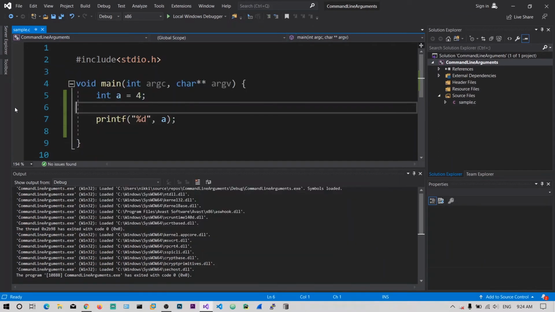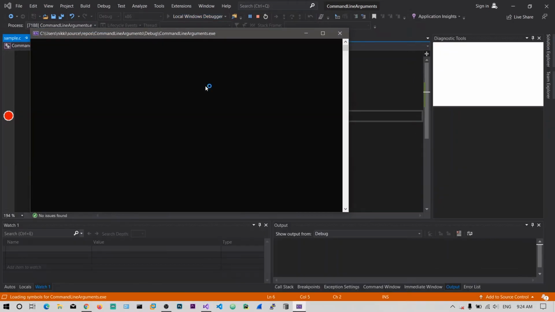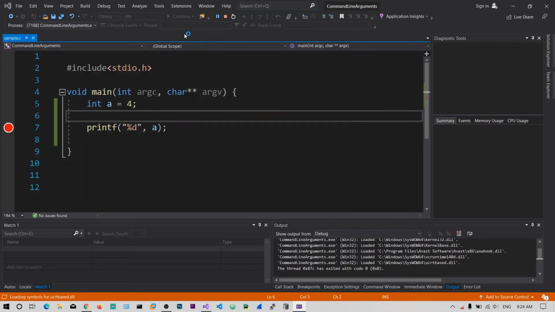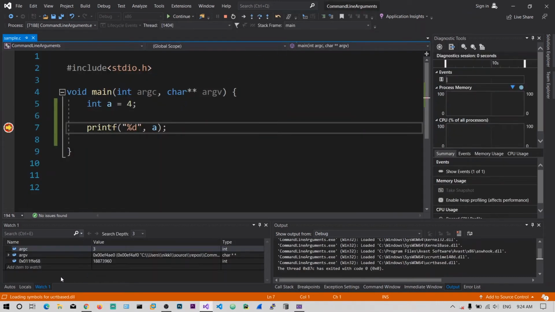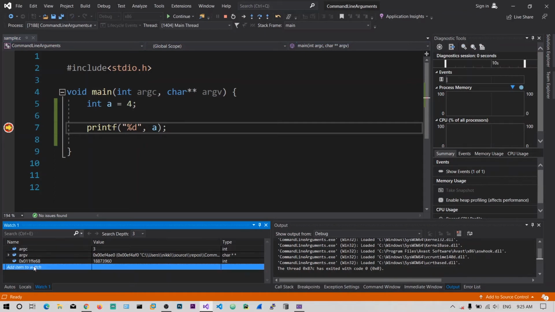Now let's take a look at how this variable is stored in the memory. Let's put a breakpoint after the assignment statement, and now click on Local Windows Debugger. It's just running the program. Now I will add a watch item so I can see its value, a.